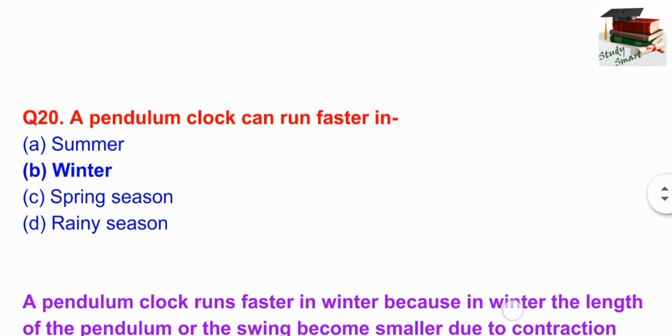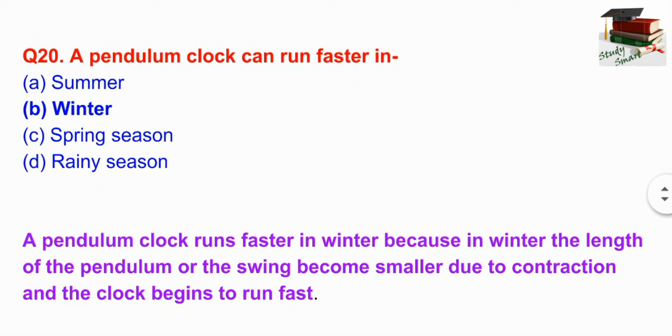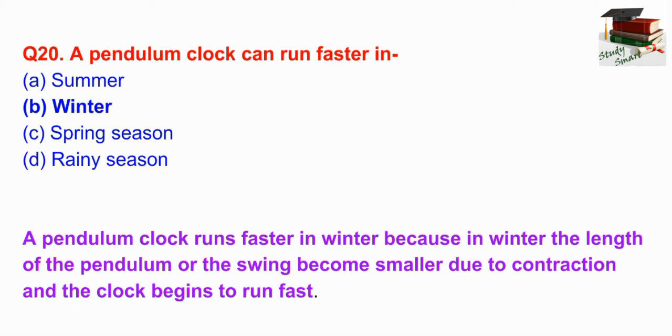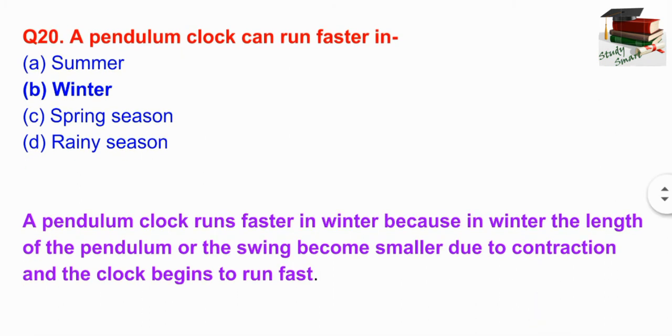Now see next question. A pendulum clock can run faster in which days? Option A, summer. Option B, winter. Option C, spring. Option D, rainy season. So right answer winter season. Because in winter the length of the pendulum or the swing becomes smaller due to contraction and the clock begins